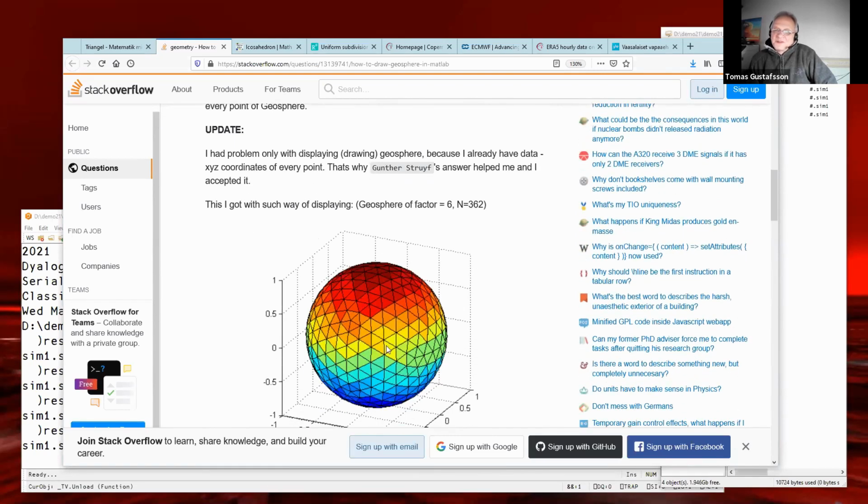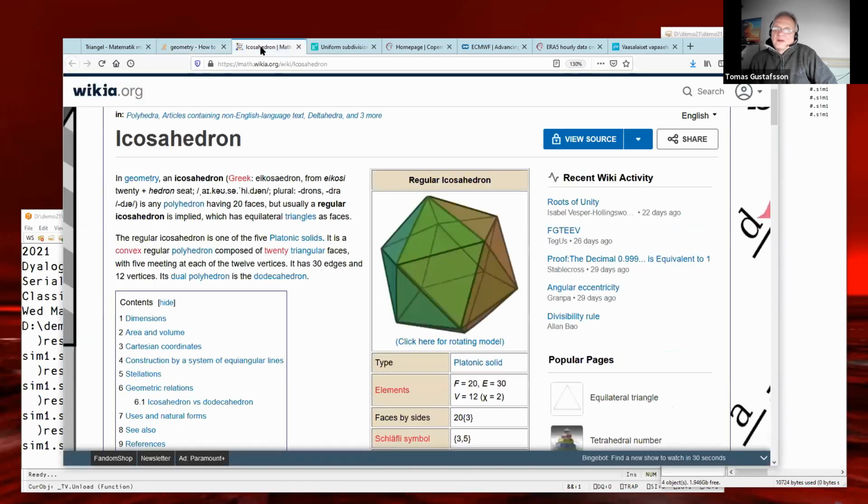So how do we actually do one of these in code? Well, by googling last night, I coded all of this last night, I learned that you start with an icosahedron. There are a lot of different hedrons, but this is a weird thing. It's a very special shape.